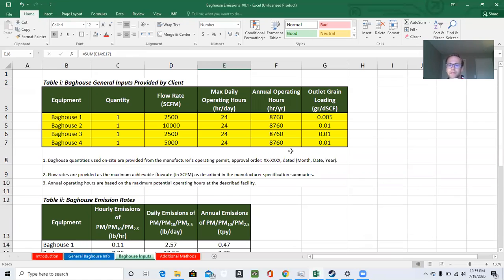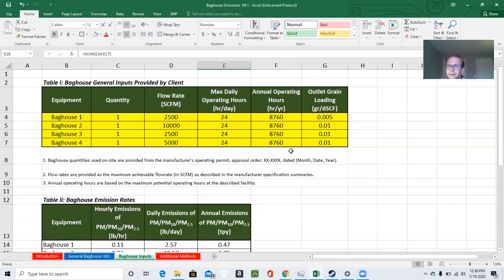The reason that we do this is, first and foremost, you're calculating potential to emit emissions, or PTE. On a PTE basis, we need to assume that everything is running to the maximum that you would want it to run for a year. Now, realistically, you could say that your potential to emit, your maximum potential, is 90% because you have a plant shutdown for a few weeks out of the year or something of that manner. But